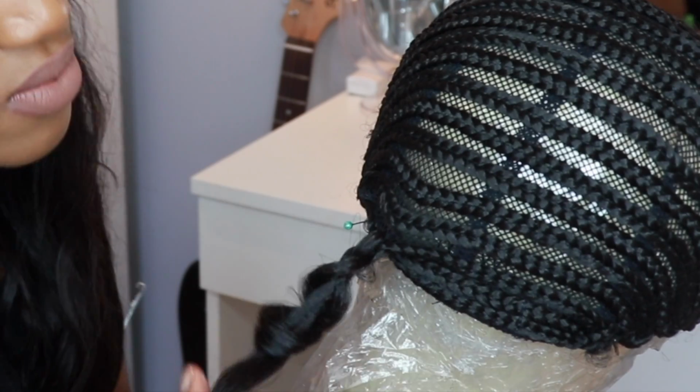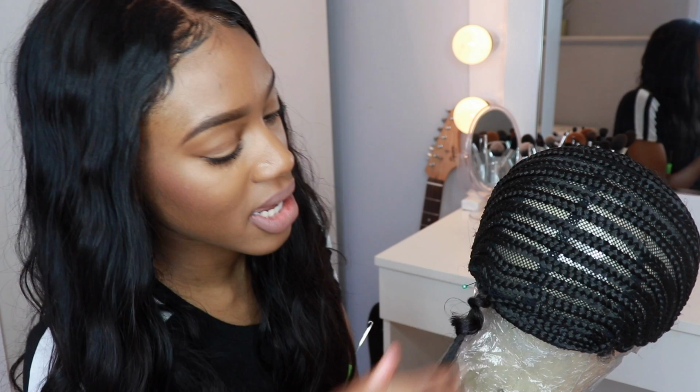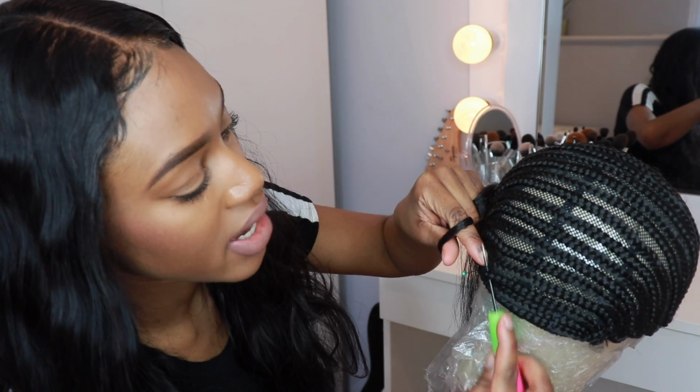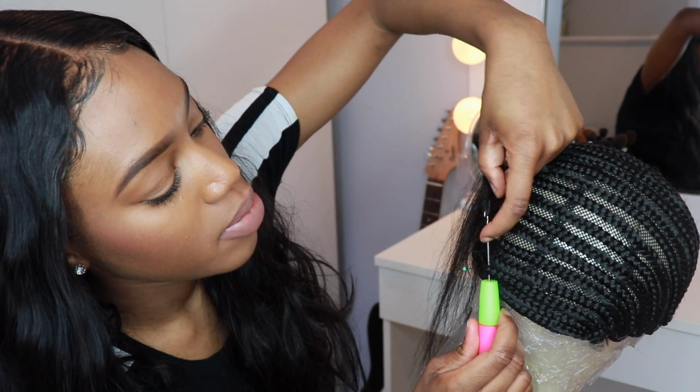Okay, this hair was not detangled before I did that. That's how I'm getting this problem. Okay, all right, we're gonna do this over. This is the reality of doing crochet hair, okay? Sometimes it works, sometimes it doesn't. I'm just showing you guys how I'm doing it here. So yeah, put it under there,